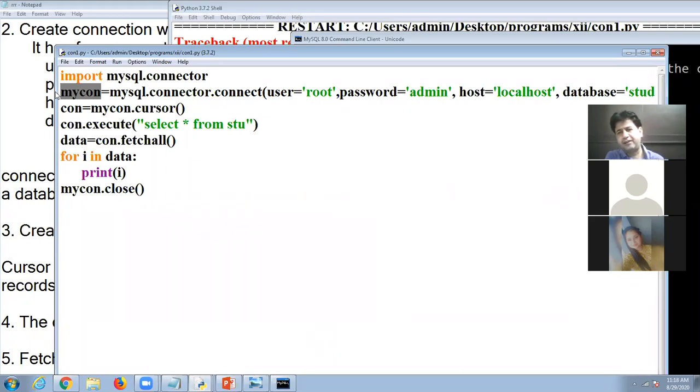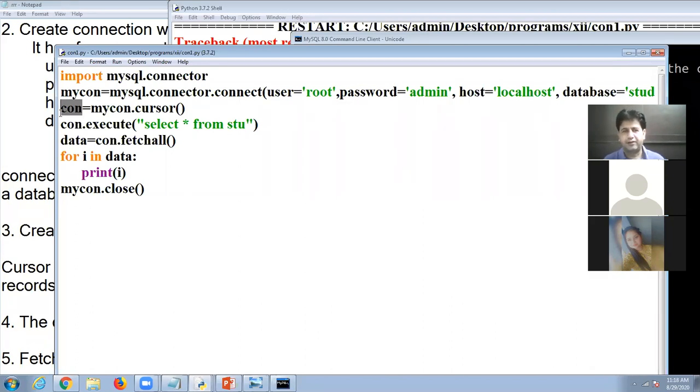After establishing the connection, the next important step is that we will have to create an environment in which we can transfer the data from Python to MySQL or MySQL to Python. It is a unique environment. It is a session in which we will transfer the data. This is called cursor. So how can we create a cursor? With the help of the cursor function, and we will use mycon, that is a connection object, dot cursor, and it will be represented by one cursor object.